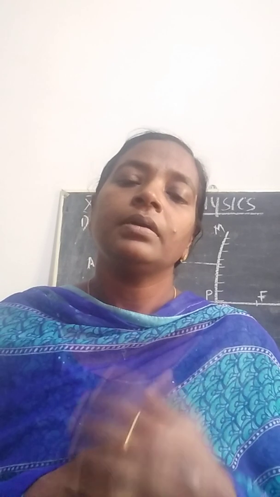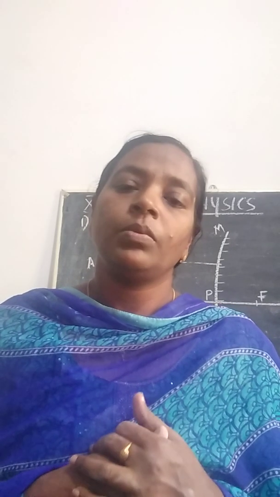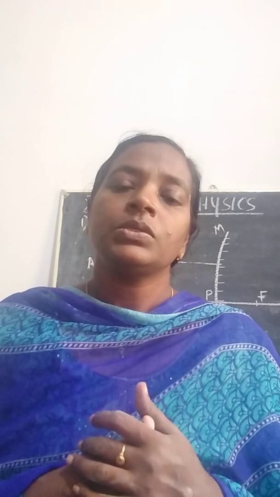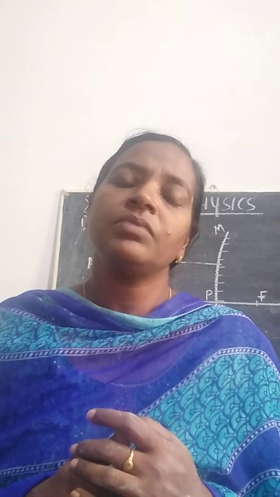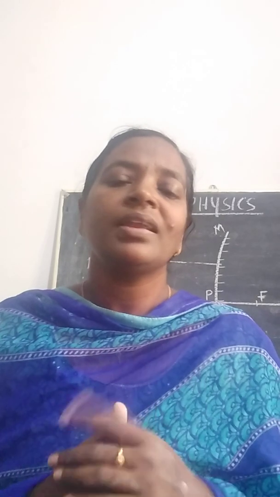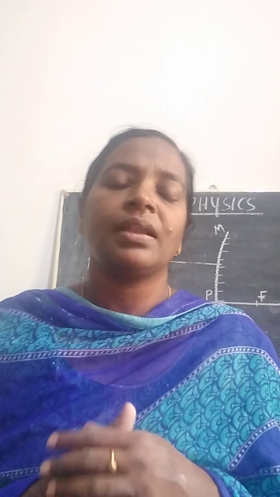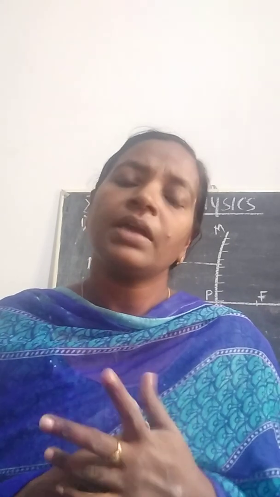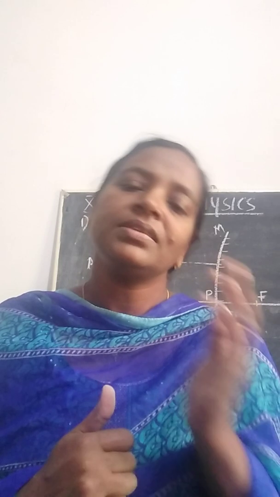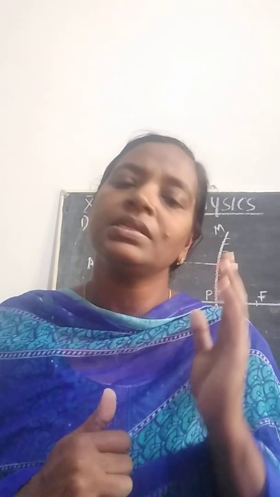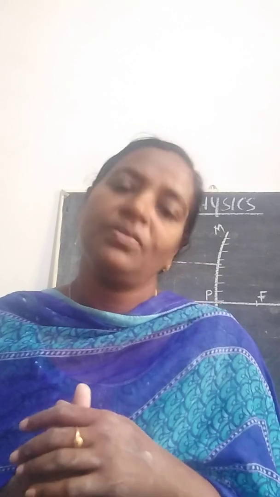Okay, and here we are going to find what are the different characteristics of all the images formed by the convex mirror. So here we have only two cases. Wherever we place the object, we know that the convex mirror can give you only a virtual and erect image. So there are only two cases related to the convex mirror. The first case is that we keep the object at a far off distance called infinity.